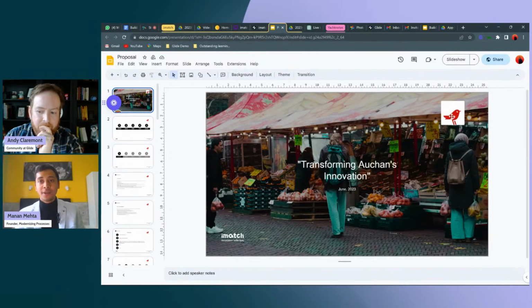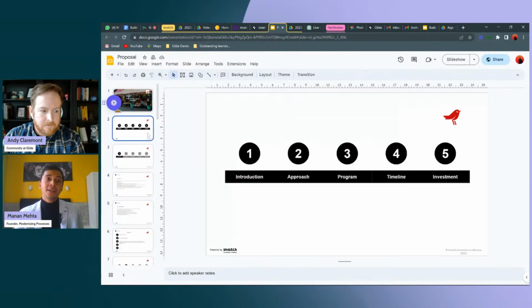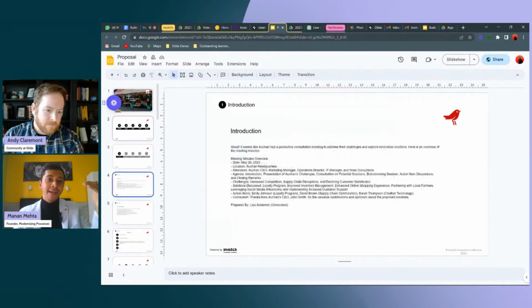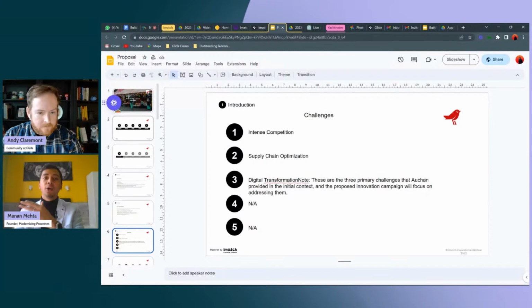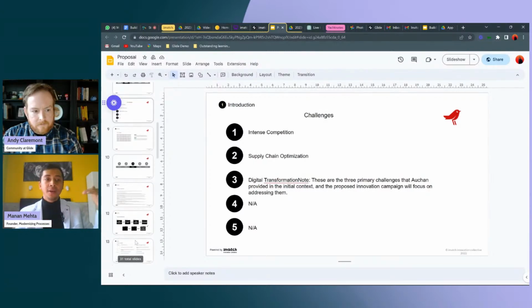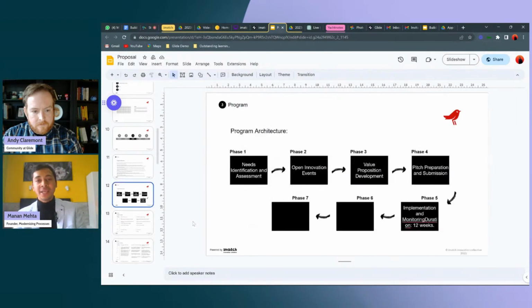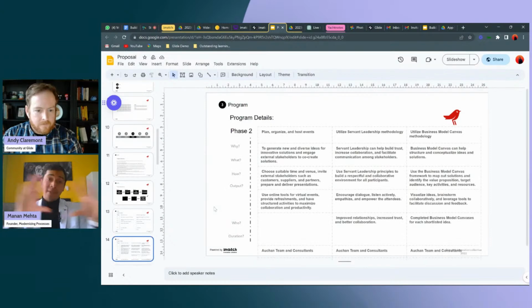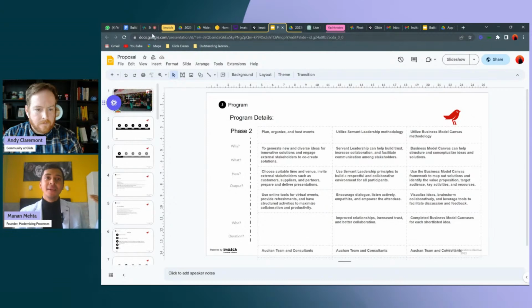So the things that you see over here is a logo, background information, the title, the date of the proposal, and all the steps. So over here, the introduction is auto-populated, understanding auto-populated, challenges, stuff like that. So there's a complete journey over here, which is auto-populated, which the consultant now just has to go and do a hygiene check. There are tables and stuff also auto-populated. So everything that would have taken, you can imagine how much time it would take to build this from scratch, is now done in probably minutes.